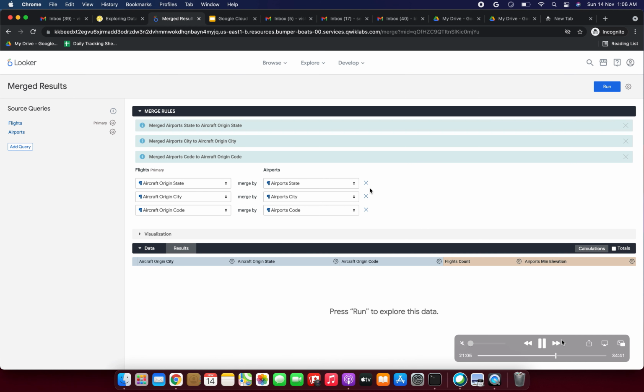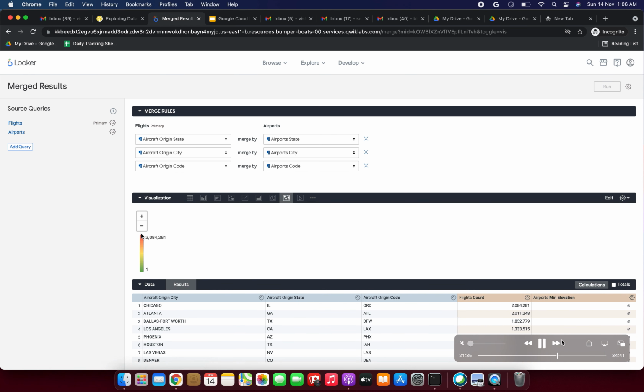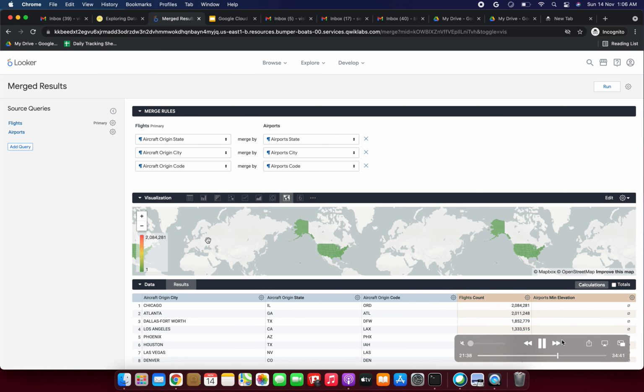Okay, now you can see this, like this it will come, merge rules, it will come like an I symbol, you can see. And again what we need to do means we need to run it again actually. So we need to run it again, click run again. So I'm going to click run now. Now it's loading the data. Now we will be receiving the results. Let's wait for it. I'm going to check the visualization. I have expanded the visualization.